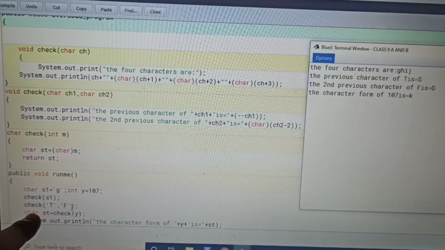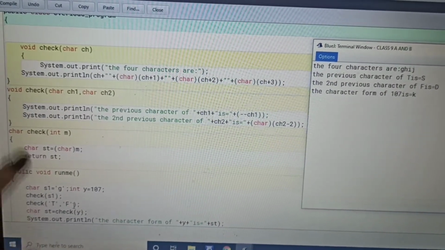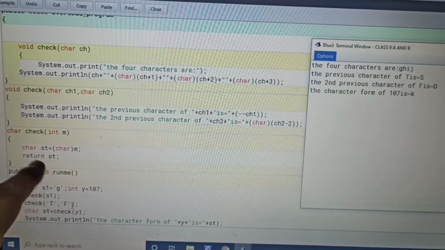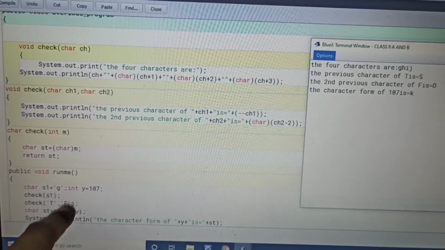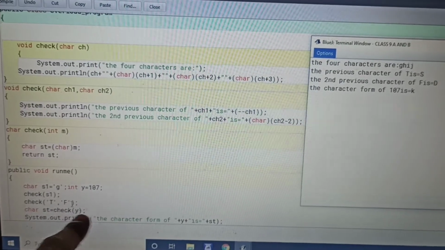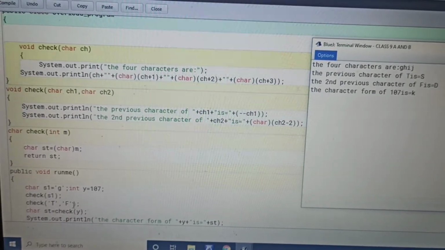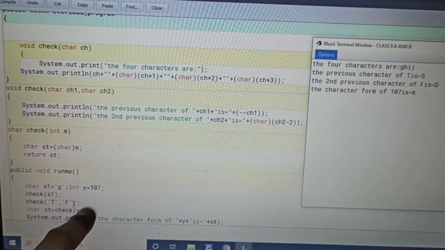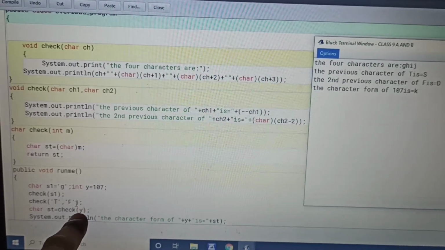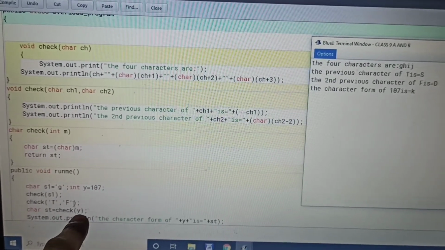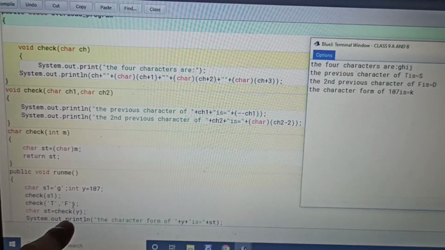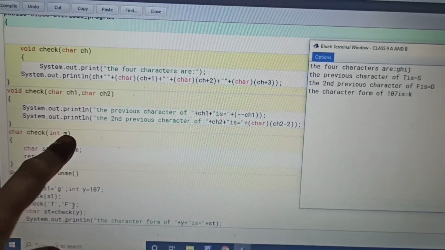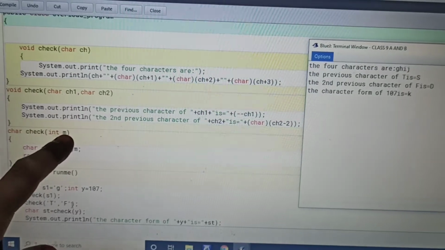And now, one more time, here it is written st. Again, when this method check y is called, whatever y value is stored, like 107, is going to be given to the m value.